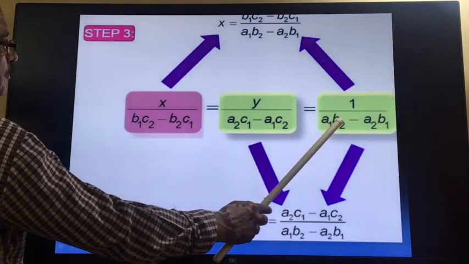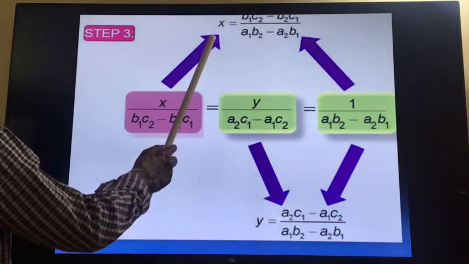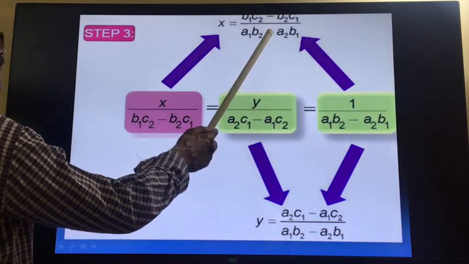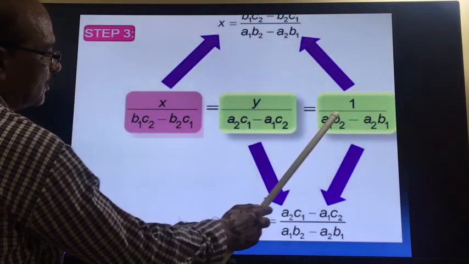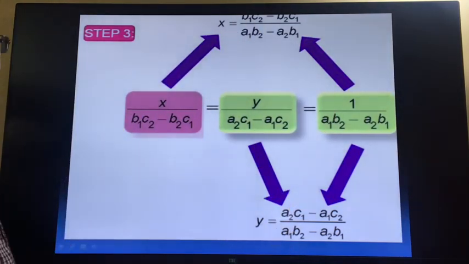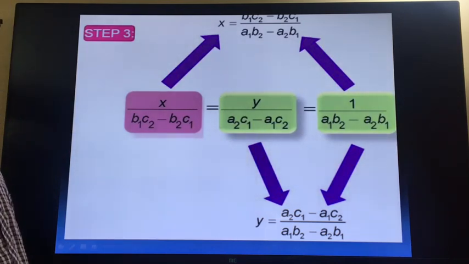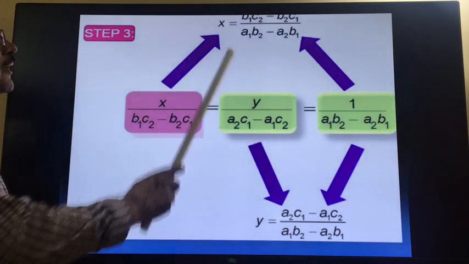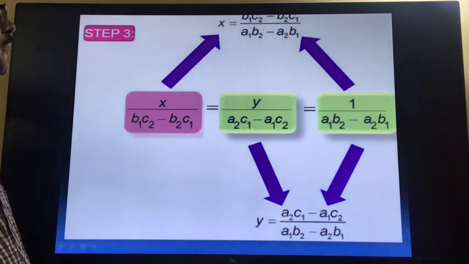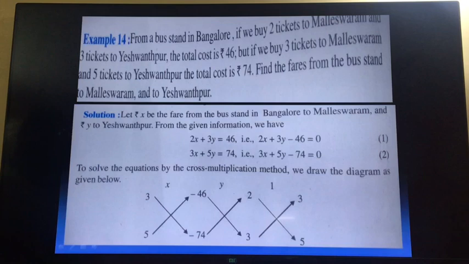So one time by these two, one time by these two. By these arrows you can understand. One time we put this and this equal, and this will give us the value of x. Second time we put these two equal, and we get the value of y. Right? So this is one method. In this method you have to learn the values of y and x, but there is also another method. By that method you can understand this, and then you can write this value. So you can understand this by this example.